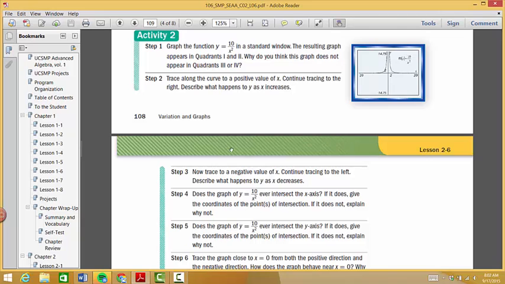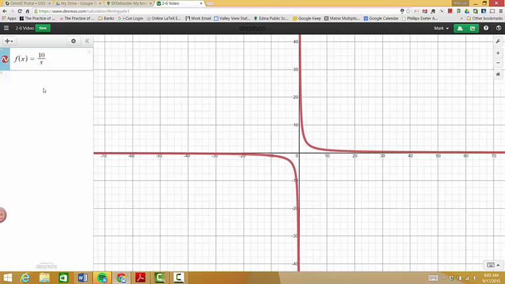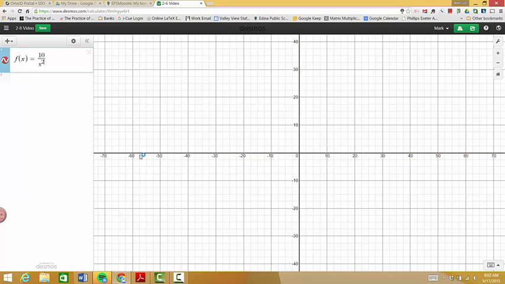So let's come over to our graph now and let's just make that change. Instead of x, let's change that to x squared. And you'll notice immediately what it does is it takes the graph and puts it in the first and second quadrant instead of the first and third quadrant, which would kind of make sense because no matter what number I put in for x here, other than 0, which we're going to find out here in just a second, any other number that I put in for x